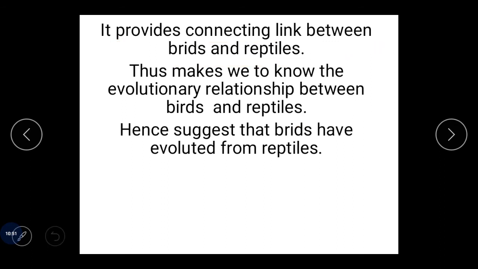Archaeopteryx is an example, a fossil that is no longer present, but it makes us understand the evolutionary concept, the relationship between different types of organisms. Evolution makes us understand that there is a gradual change, and this gradual change evolves many organisms. It creates many organisms from a common animal.